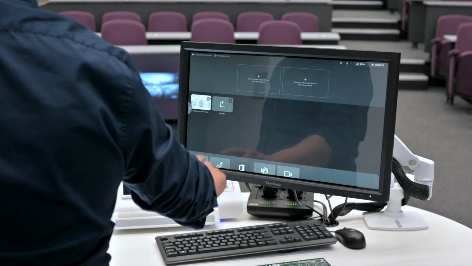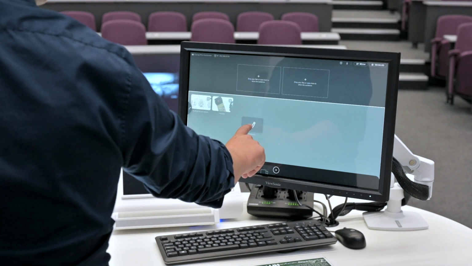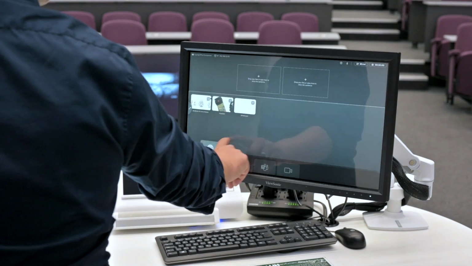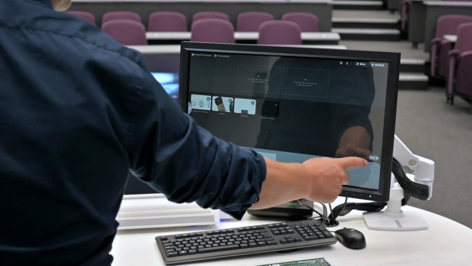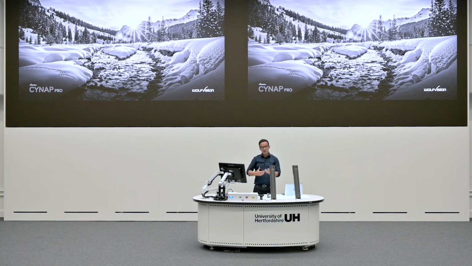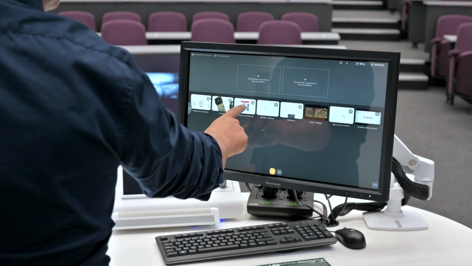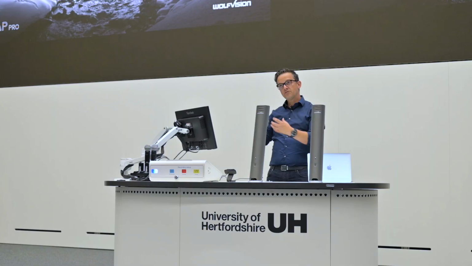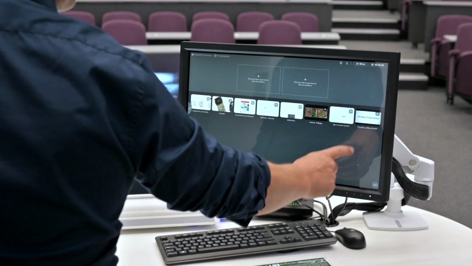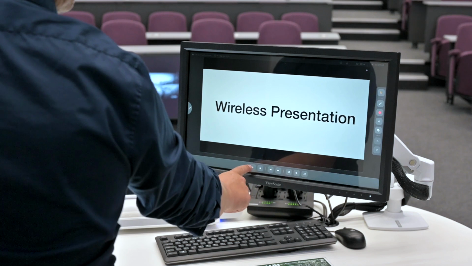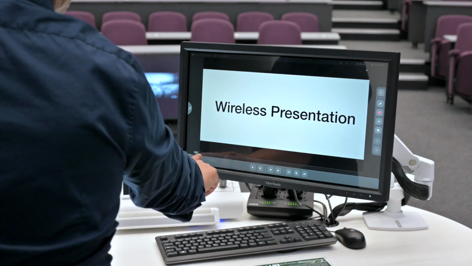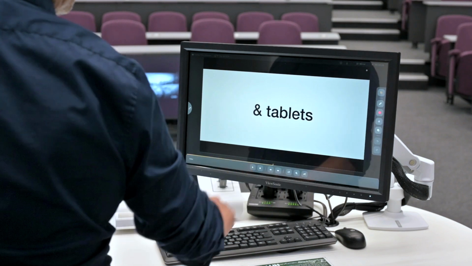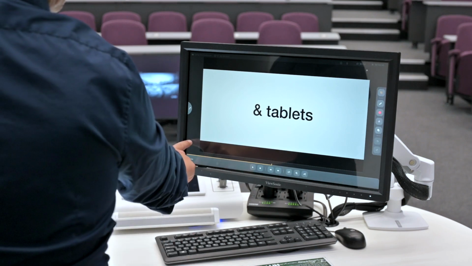So let's bring in, for example, a video and also a document. Once all the documents are down here, we want to prepare them. Let's say the PDF, we want to swipe to page 3. Just a tap on the icon will open up the edit mode and give me the adjusted control bar just for this content. When we want to play a video, we can, for example, pause the video and go to a certain section before we go live to the big screens.